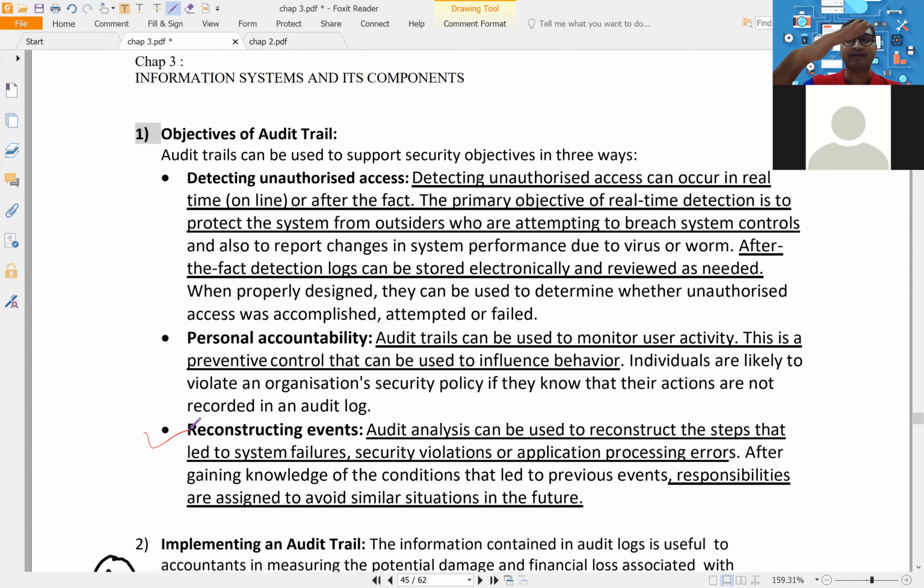Like in a flight, when the flight crashes, they always search for what? The black box. Because the black box is one form of log file which records all the last moment communications, all the sensor readings, everything gets recorded. So based on that they will come to know the reason of failure, and they will try to improve so that such an event should not occur in the future. Okay, so this was your audit trail.